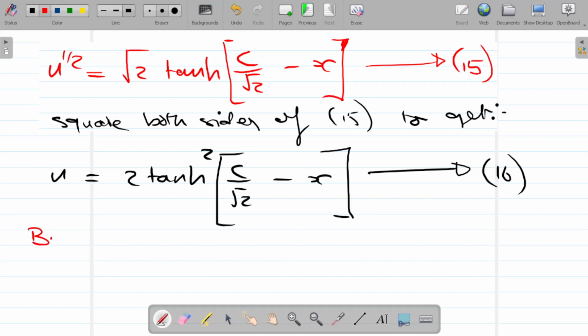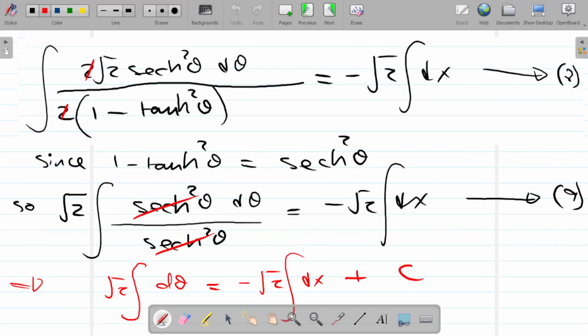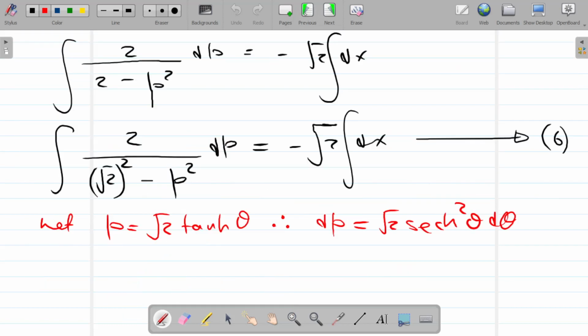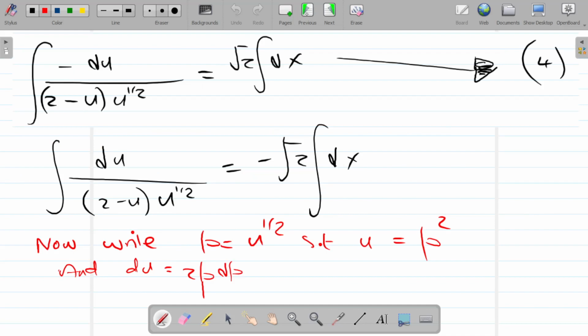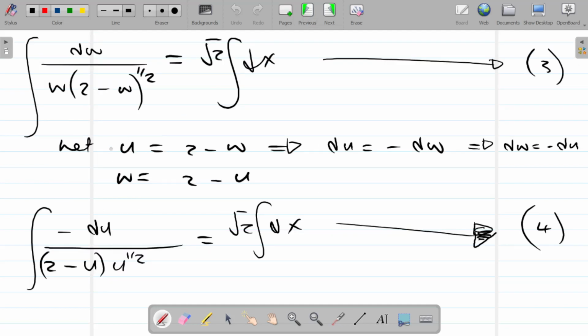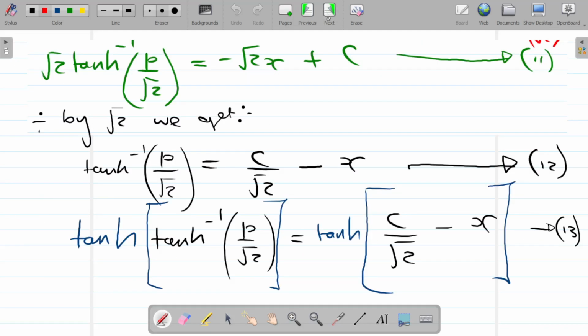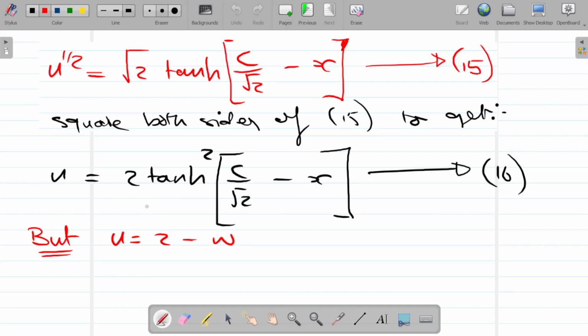So we've got another but coming up. u equals 2 minus w, if you remember. So let's just go all the way back. There we are. So, is that right? Is that where we are? Or do I have to go back even further? Yeah, so here we've got u equals 2 minus w. Do you remember when we were using the first of our substitutions in equations 3 and 4? So if you go right back to where we are, we can substitute u equals 2 minus w to get,